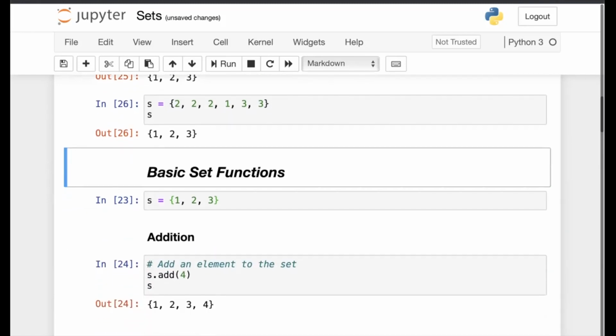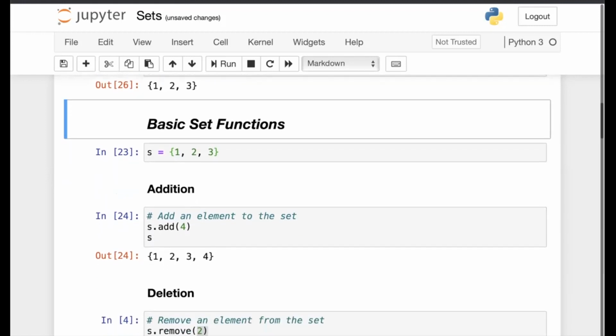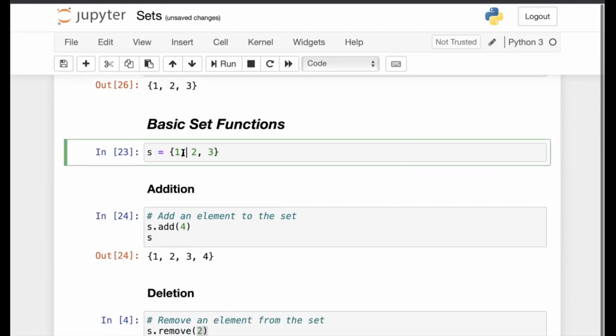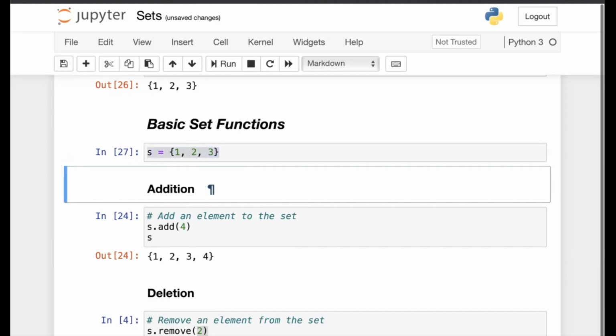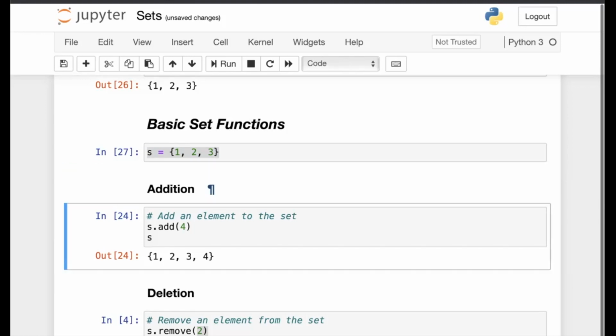Now we'll discuss some of the set functions that we can use over our data structure. For this, let's define our initial set that contains three elements, 1, 2, and 3. Now let's suppose you want to add some element to the set. We have the add function defined over the set, which we can use for adding an element to the set.